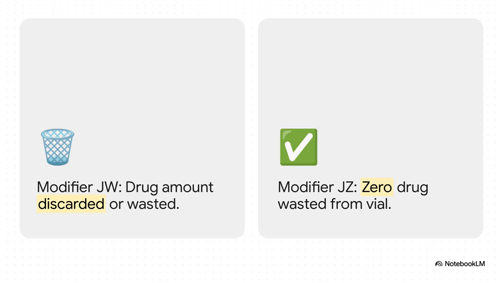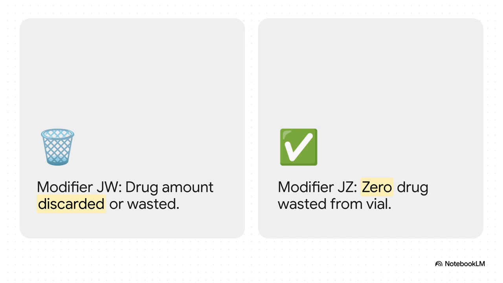Modifier JW is used to report the exact amount of a drug that was discarded or wasted. On the flip side, if the provider uses the whole vial and literally zero drug is wasted, you have to append the JZ modifier. It is a very strict compliance check, so keep your eyes peeled for those waste details